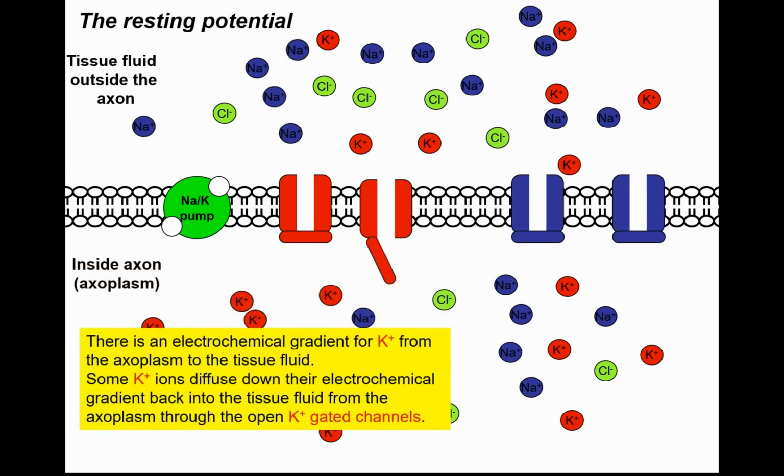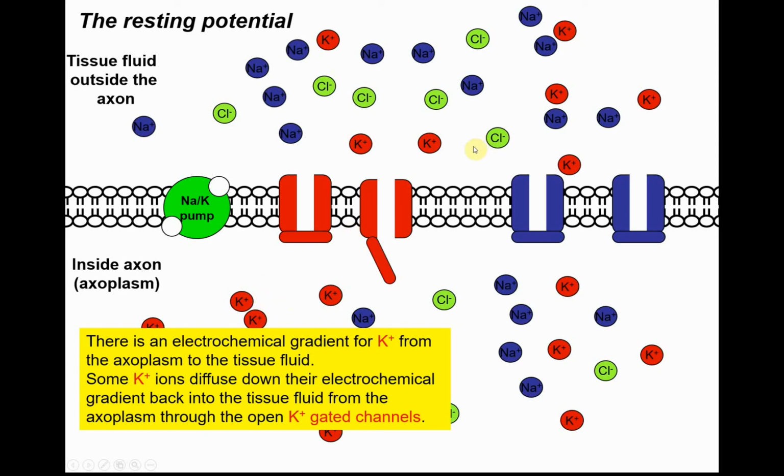Okay, so this is creating what's called an electrochemical gradient. Electrochemical gradients are gradients like a concentration gradient, but also to do with charge. All right, so we've now got it slightly more positive on the outside and slightly more negative on the inside, because there's fewer positive ions on the inside here than negative ions, and there's now more positive ions on the outside here than negative. Okay, but also we've got a concentration gradient of higher concentration of potassium inside the cell